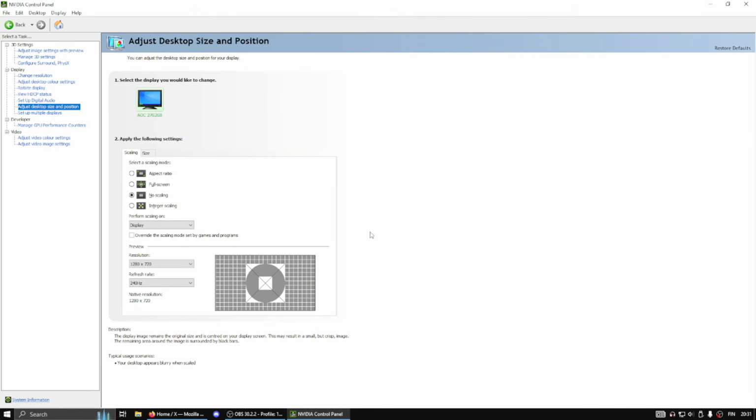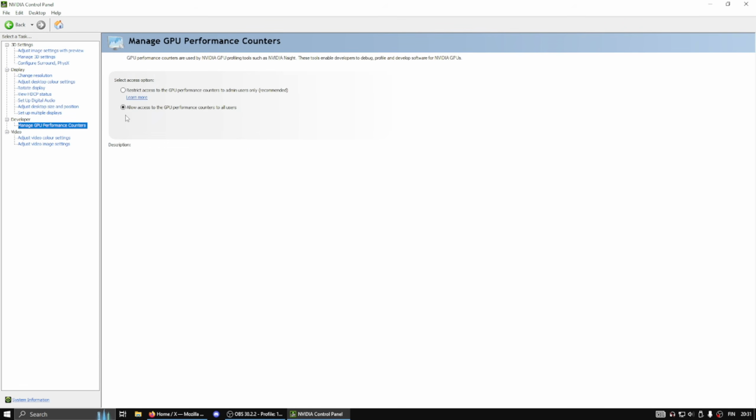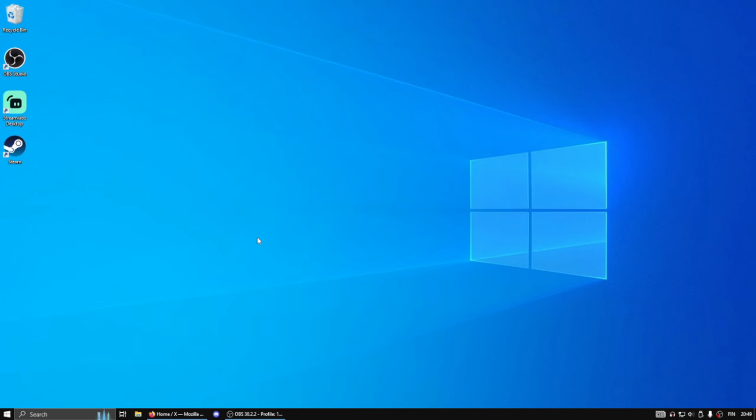And once it's applied, you want to make sure that you have developer settings enabled. You enable it by clicking on desktop and then click on it once, and then it's ticked, and then the developer tab will open and manage GPU performance counters will come. Press on allow access to GPU performance counters to all users and apply it, and that's everything for the control panel. Okay, so once you're done with the Nvidia control panel, just close it and make sure everything is applied,